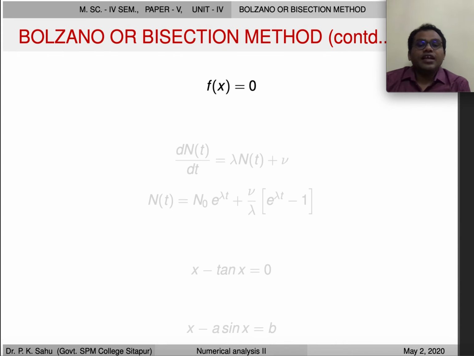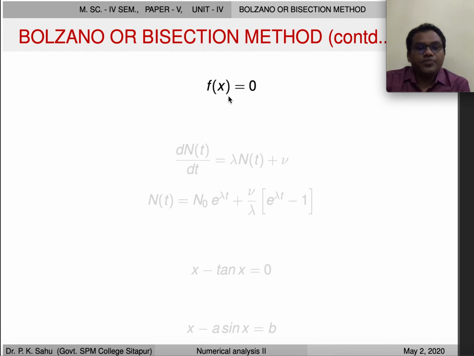Now, in the last lecture, we began our discussion of the root finding problem. This involves development of numerical techniques for solving equations of the form f(x) = 0. Here f is a real valued function which depends on a single real variable x. Now, where do we come across such equations and why do we need numerical techniques? These equations come from chemical processes, numerical processes, economic processes or business problems.